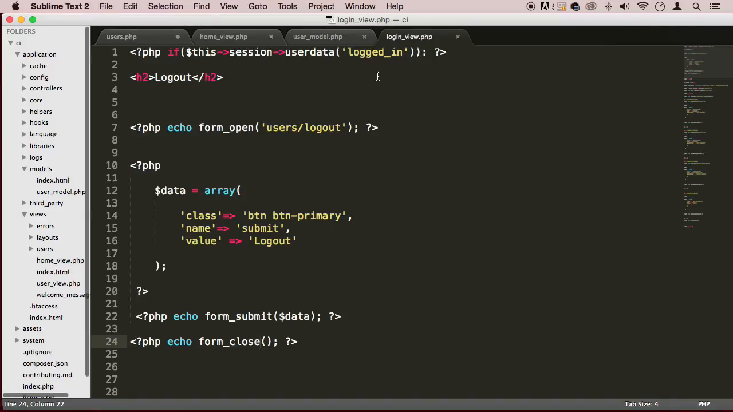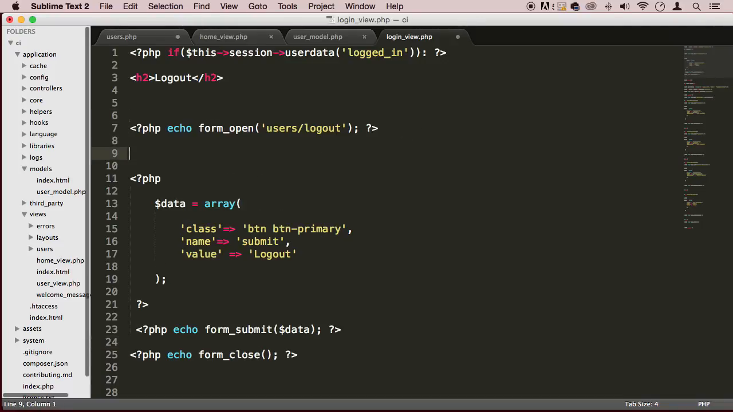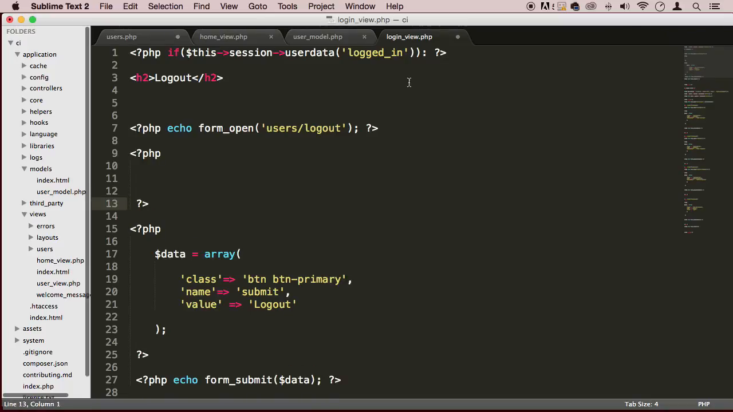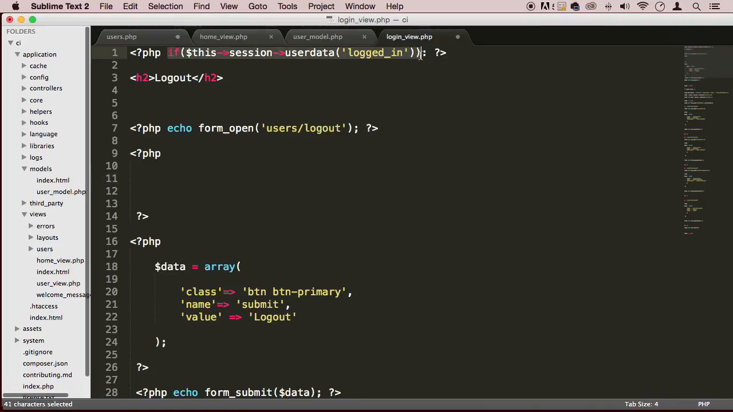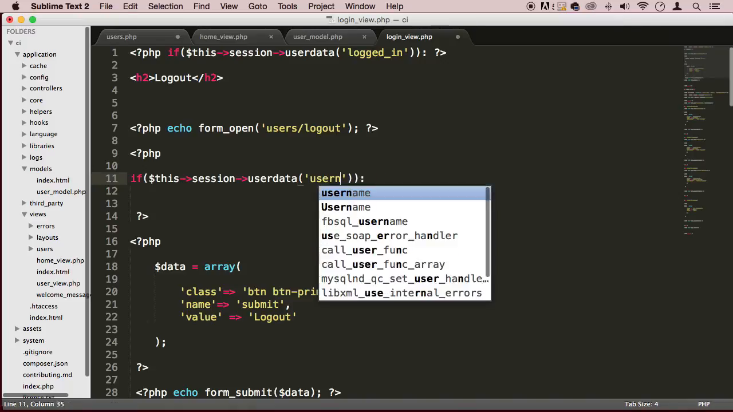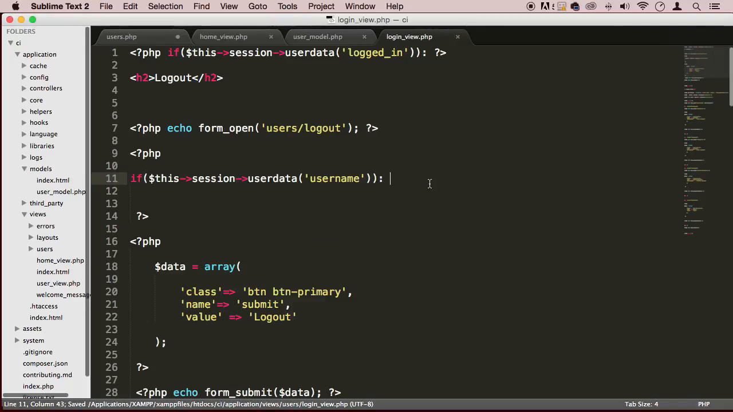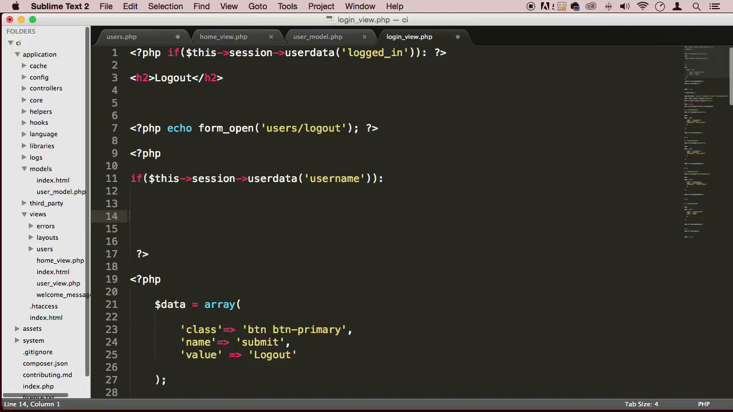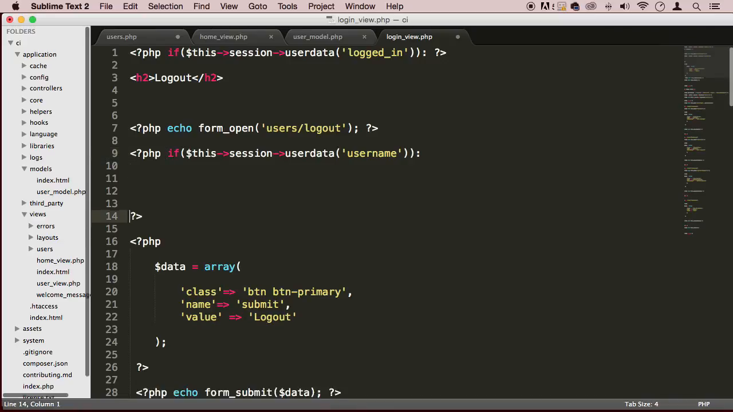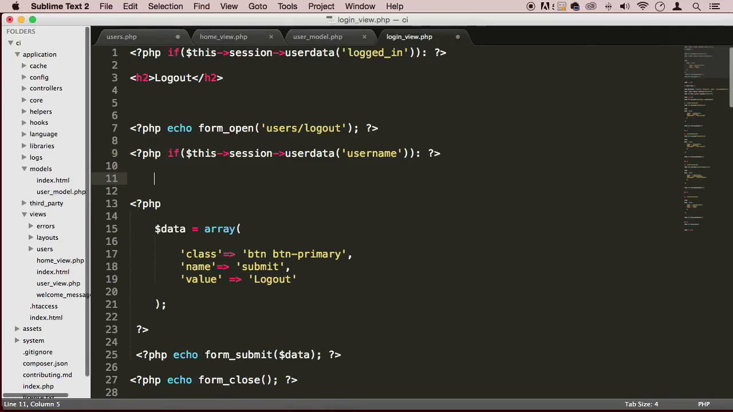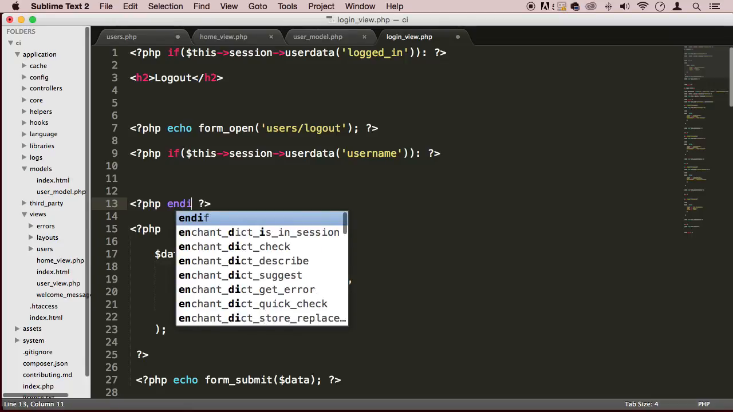So we could do that here if we have that type of information. We could put it right here somewhere. All right. We could put a little if statement, and we could say if session user data is username, right? Then we can do this, right? So let's just do it like this. And if,